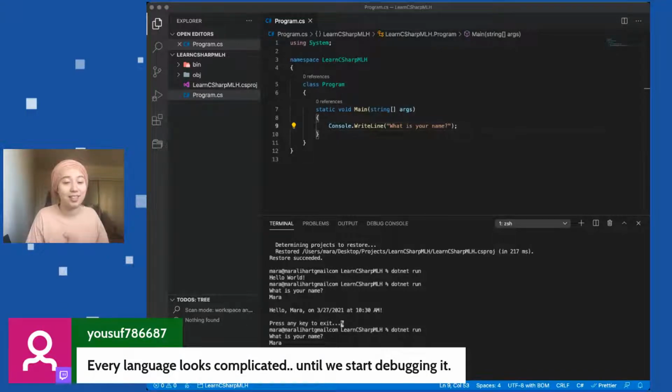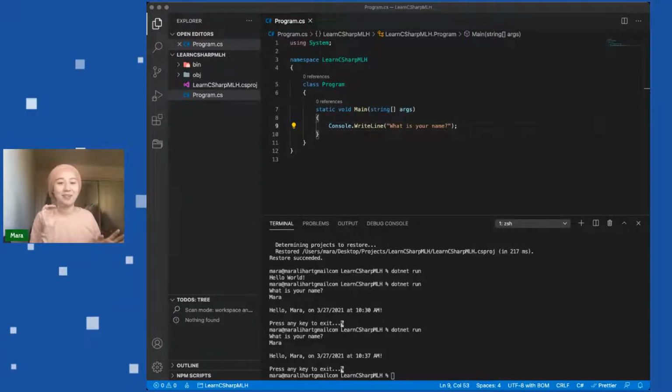Yes, every language looks complicated, but then we see that they're all errors that we've probably seen before when we learned our first programming language. It might be a little different depending on the framework. So .NET apps are probably gonna be a little bit different, but you know, we've got it. We're chugging along. Oh, one thing I wanted to mention now that we're gonna start writing our own code is that everything has to